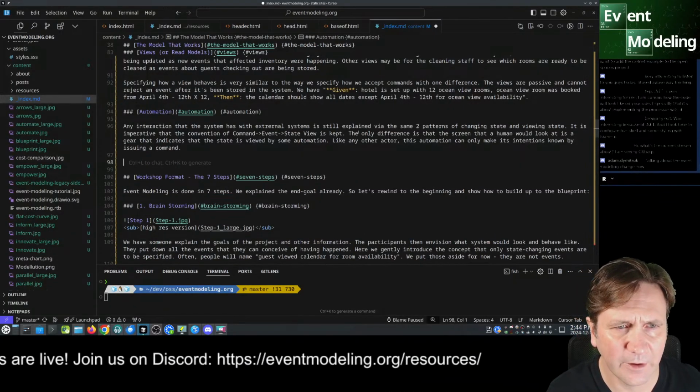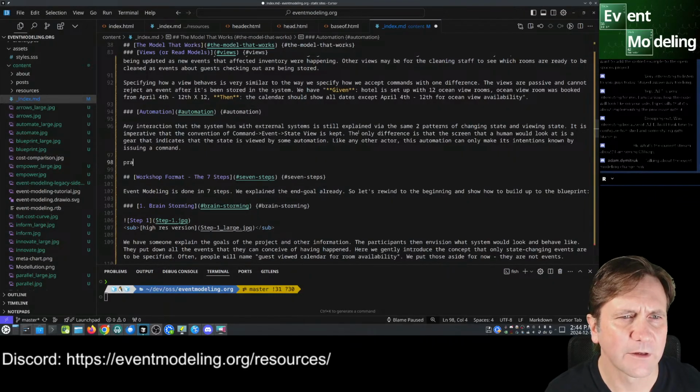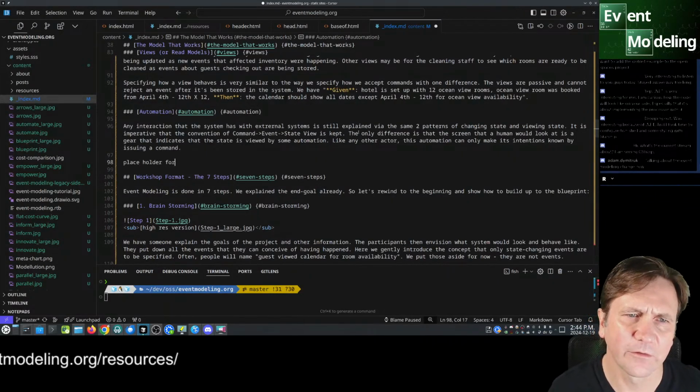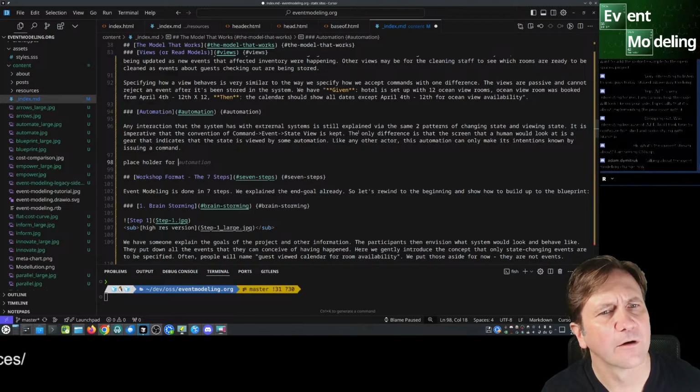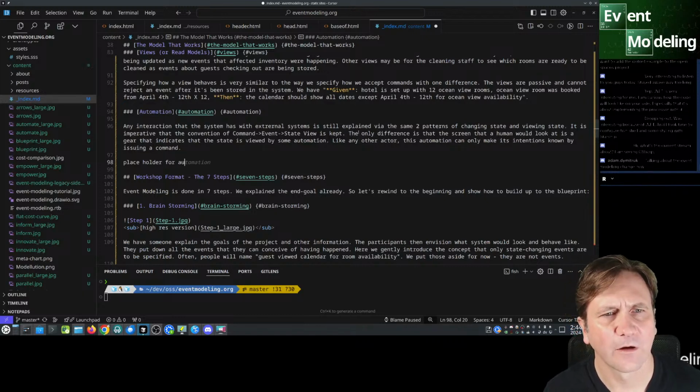And here we're going to have a placeholder for automation.